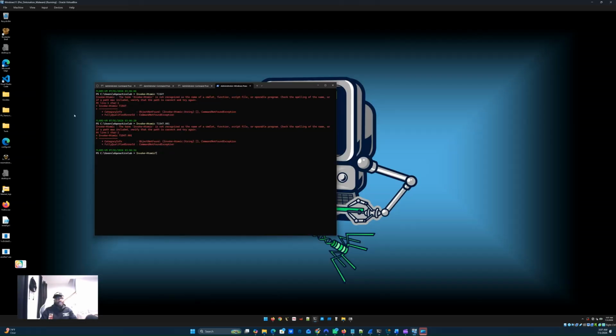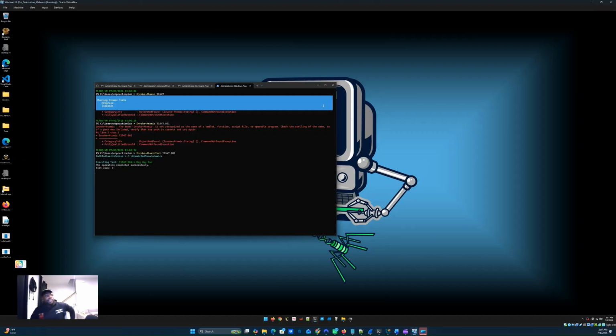Invoke-AtomicTest T1547.001. This MITRE ATT&CK technique is boot or logon autostart execution: registry run keys and the startup folder. So once you execute it, it's going to start,